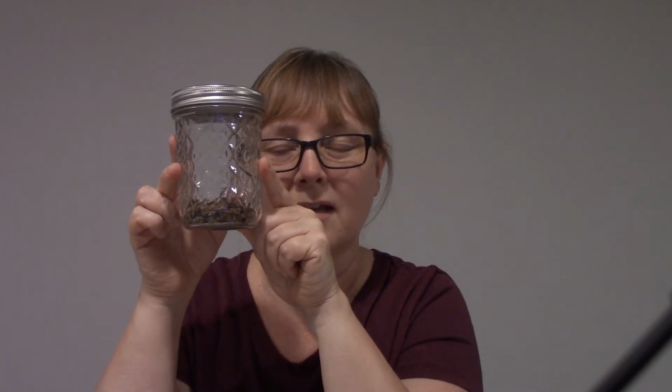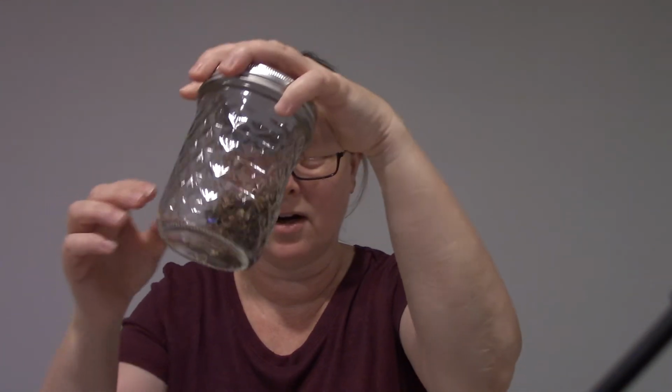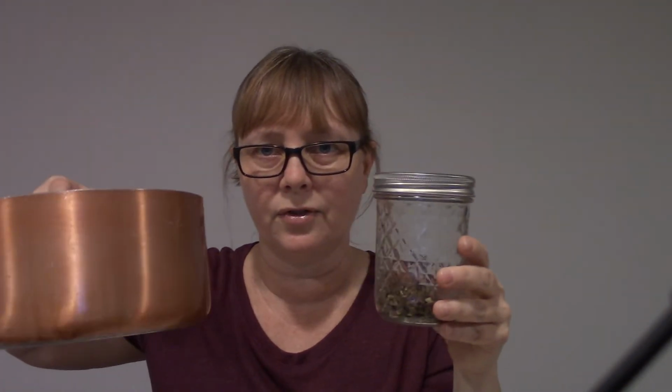That's when I did these, because you can take the roots and roast them in the oven. Maybe I can do a video on that later, but I roasted them. I put them in my little canning jar here, so that's what they are. I just take a little bit of this out of here. You put it in your saucepan with some water, and you boil it for about 20 minutes. And then once you boil that for 20 minutes,